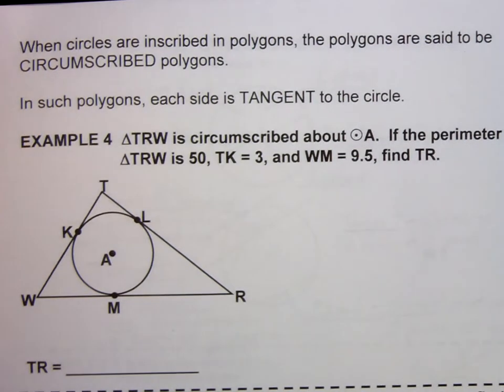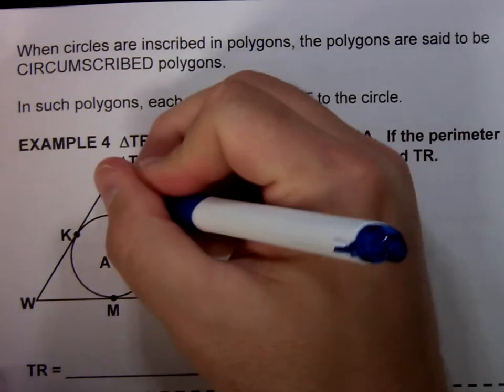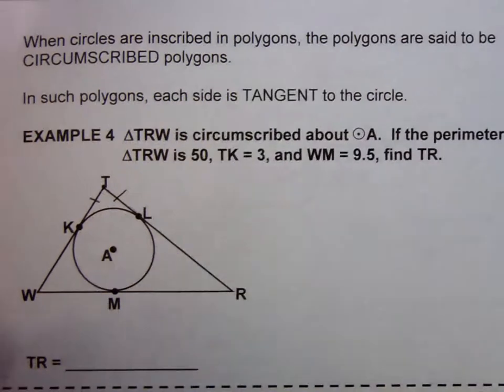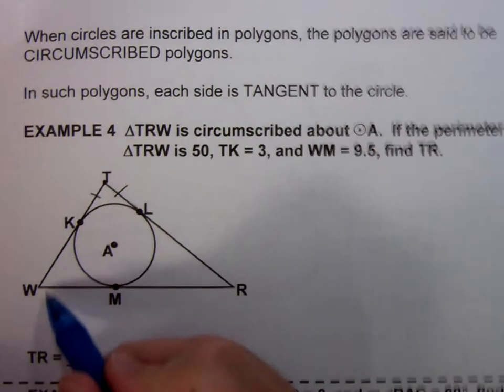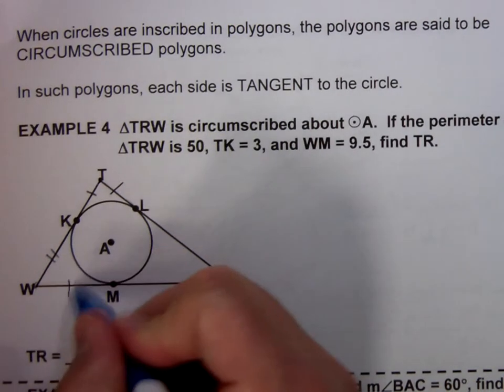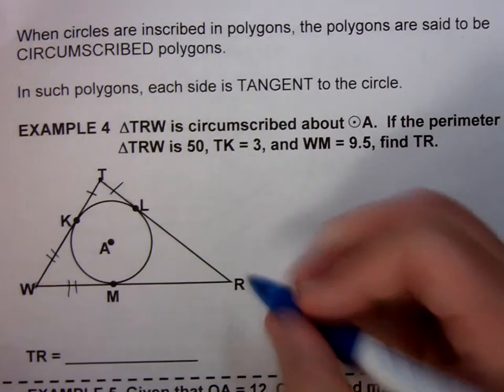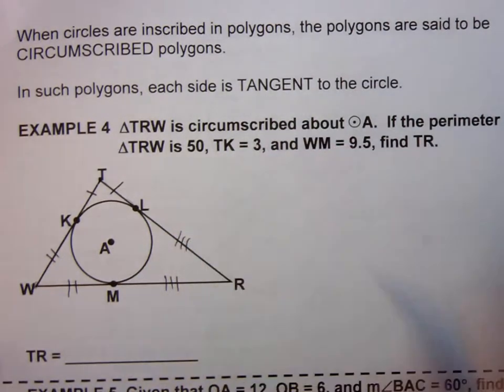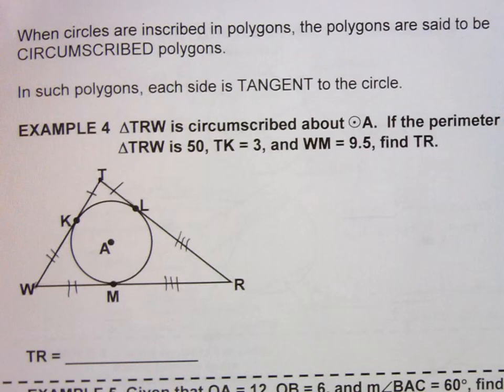Well, what we just learned was that when you have two tangents coming from the same exterior point, they're going to be congruent to each other. So from point T here, you have two tangent segments, so those have to be congruent. From point W, you have two tangent segments, so those have to be congruent. And then from point R, you have two tangent segments, so those also have to be congruent. So with that in mind,